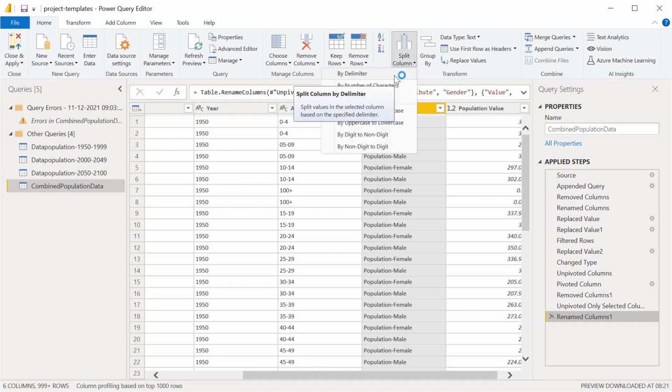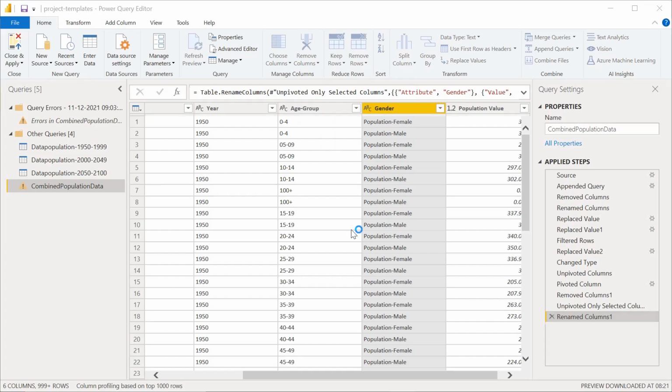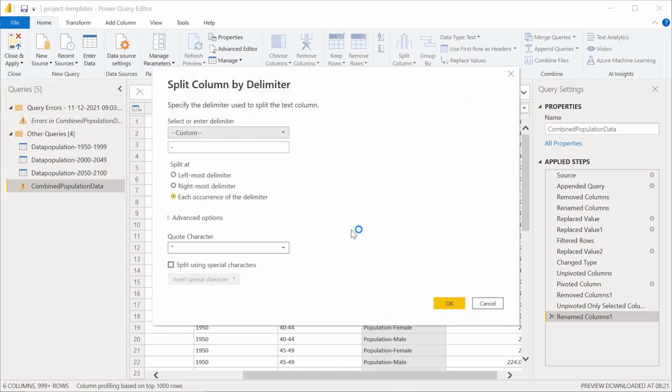The third option available here is by delimiter. This is an option where we can have any character, any symbol or special character, in between the two words, and then we can split by that. There are options available here like colon, comma, equal sign, semicolon, tab, space. In our case we don't have a colon or comma or any other sign, but we do have a hyphen, so it has been taken by default.